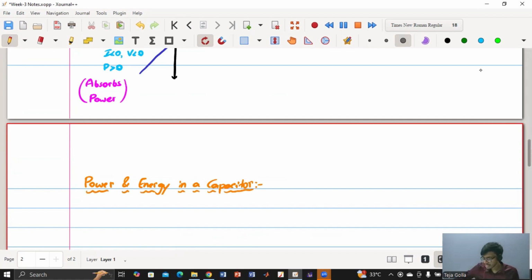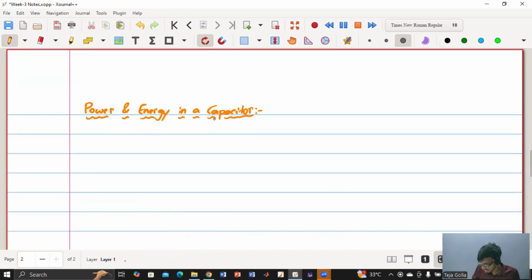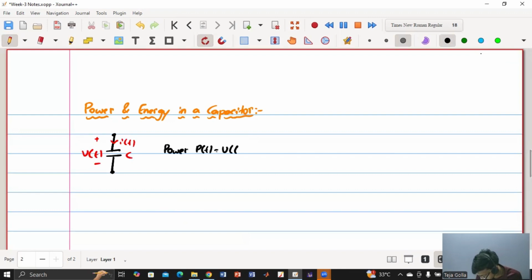So first we'll take the formula by which power is defined, which is V into I. Then V of t, I of t, and C. Then we'll use the IV characteristics of C and substitute in it. So power P of t is equal to V of t into I of t, which is nothing but